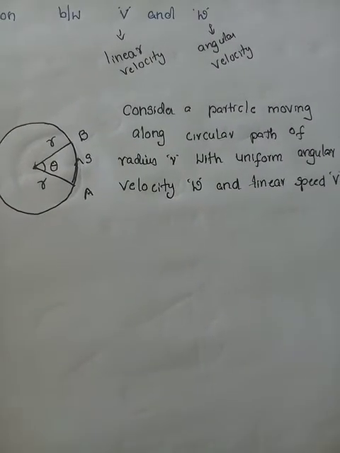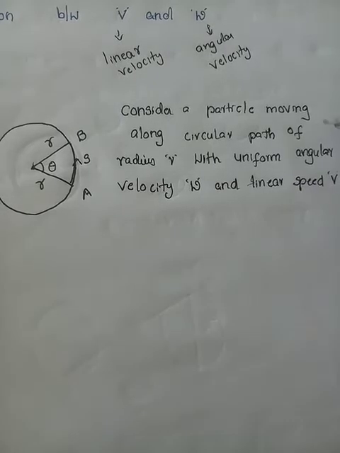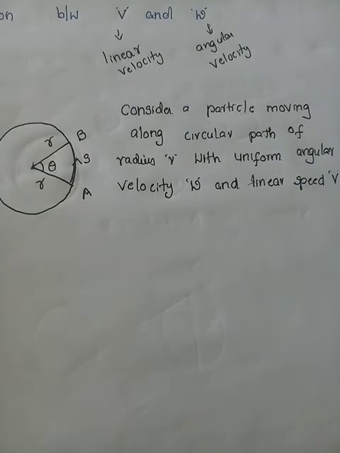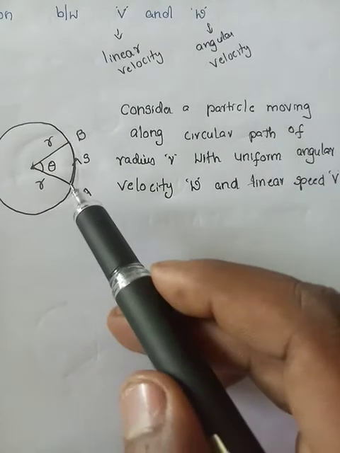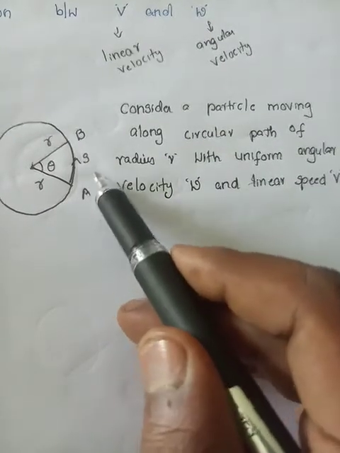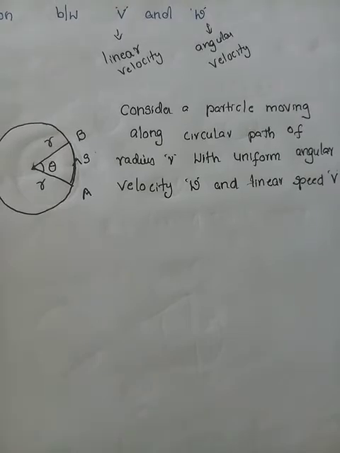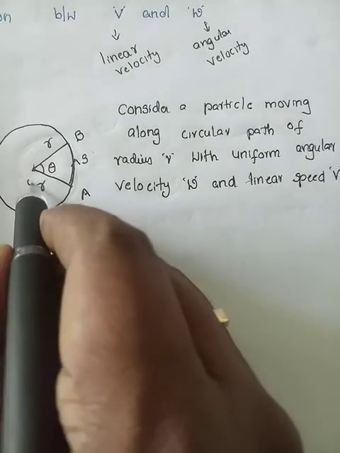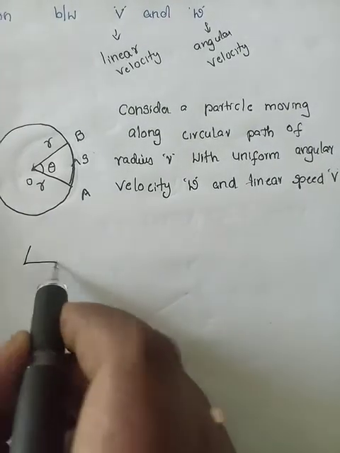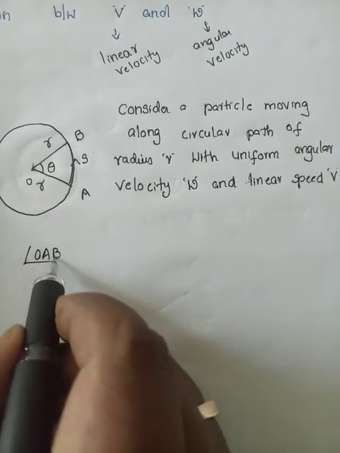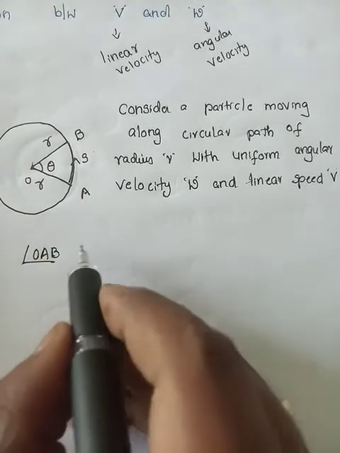So, consider a particle moving along a circular path of radius r with uniform angular velocity omega and linear speed v. Let us assume that the particle moved from A to B and the displacement of the particle is s, making an angular displacement theta. As you know, if you consider this triangle OAB or AOB, tan theta is equal to